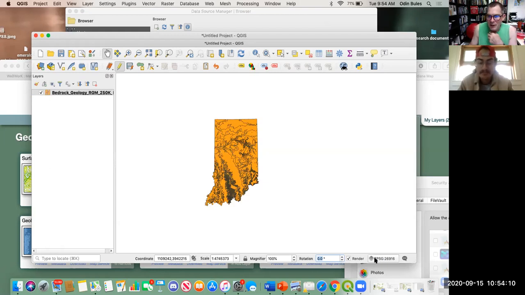The last thing is this EPSG. If we double click on this, you can see it says current CRS. That's basically the coordinate system. The current coordinate system for this is NAD 83 UTM zone 16. We can change that if we want. If we double click on this,